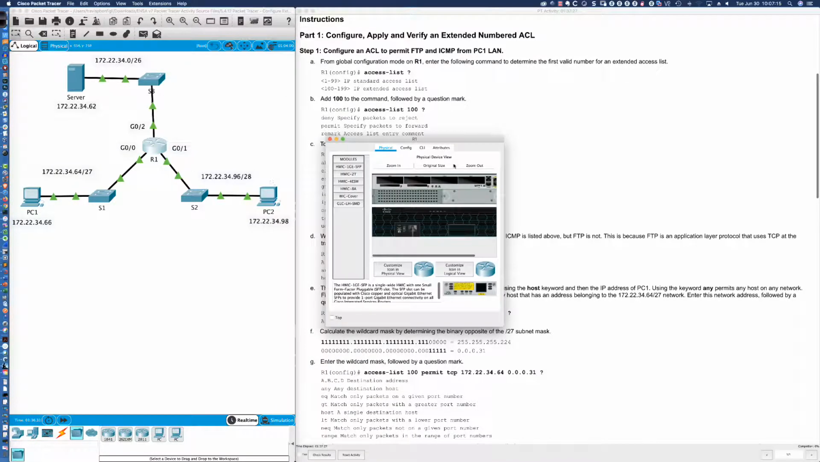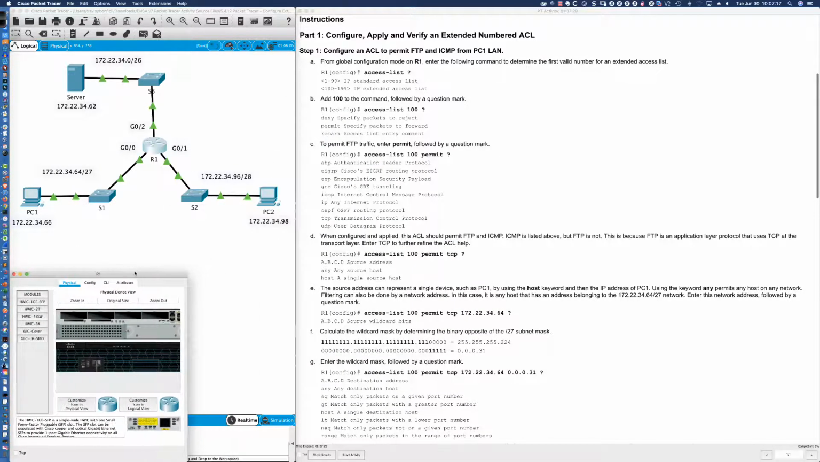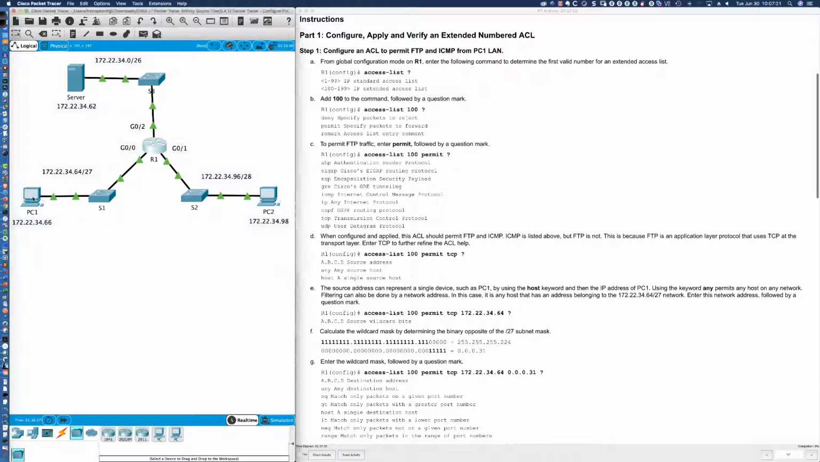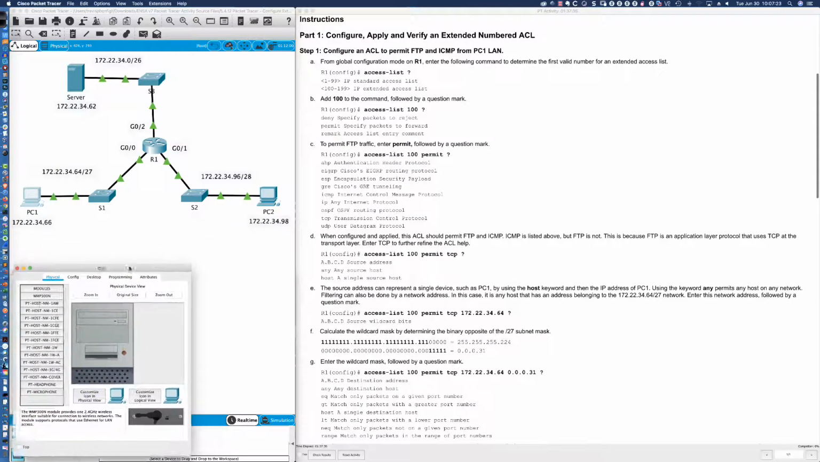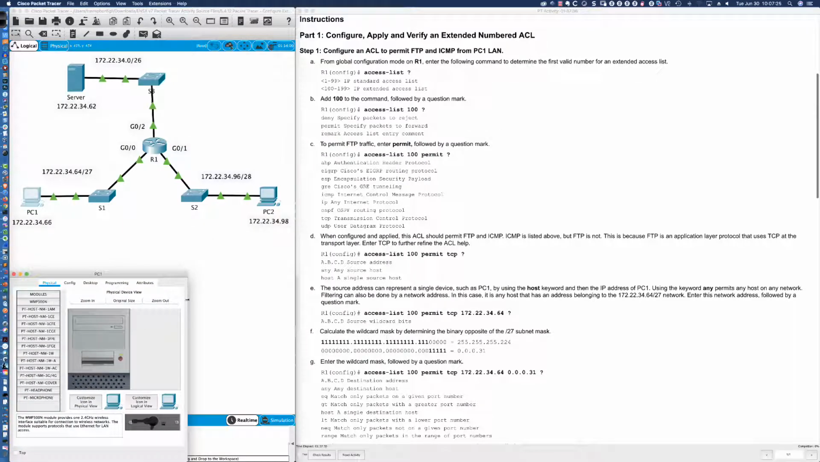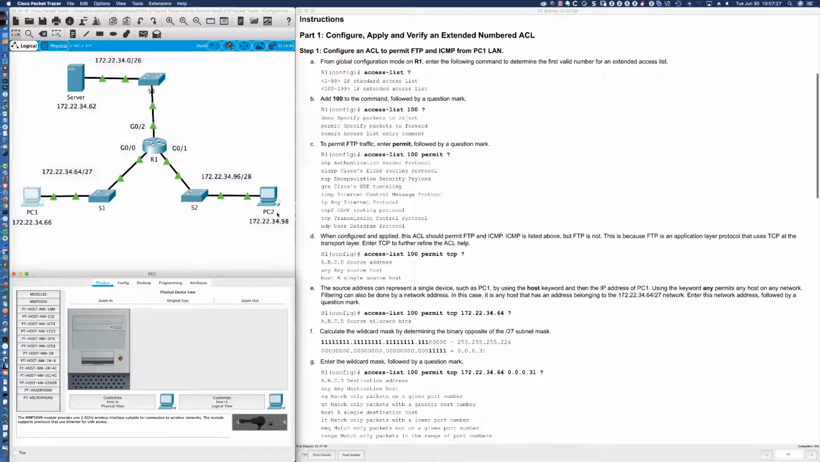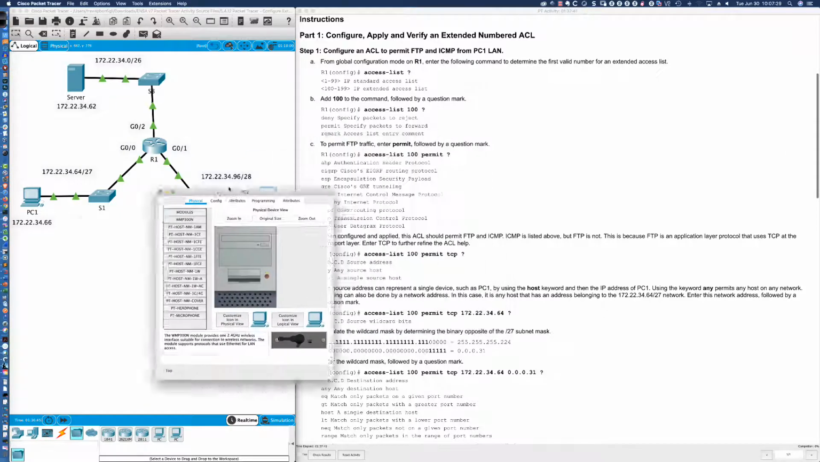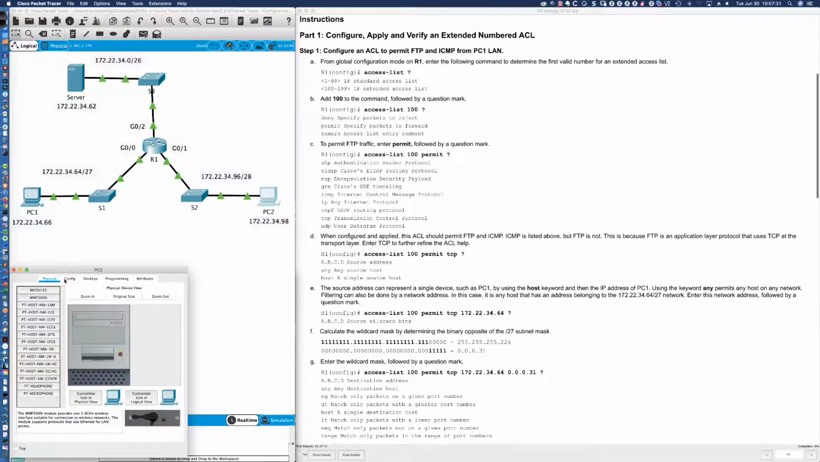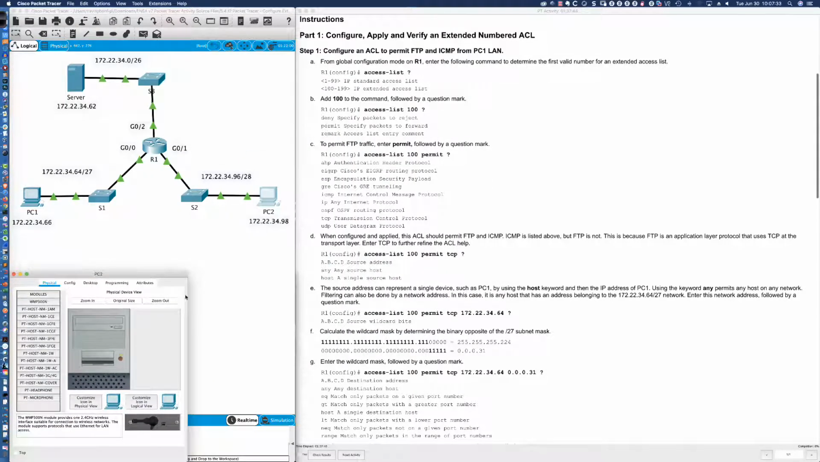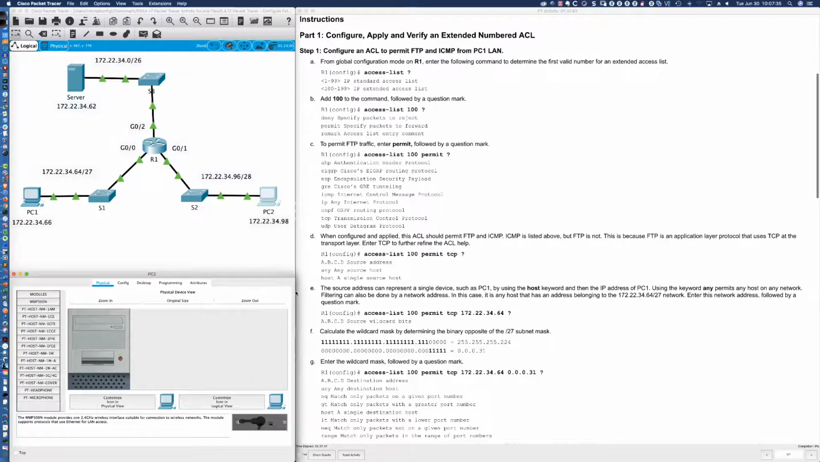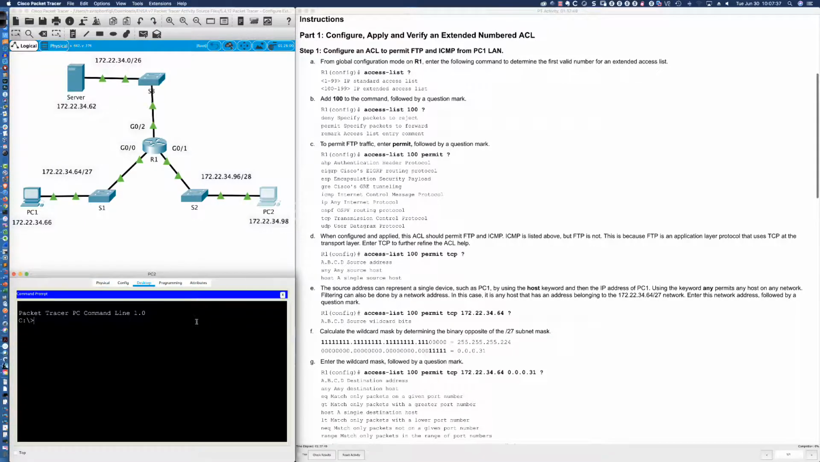So let's jump on to Router 1 here. Actually, before we do that, let's make sure that PC1 and PC2 can ping each other right now. We're going to need these windows up anyway. This is going to allow us to confidently say when we complete the activity that they can no longer ping each other. So let's ping